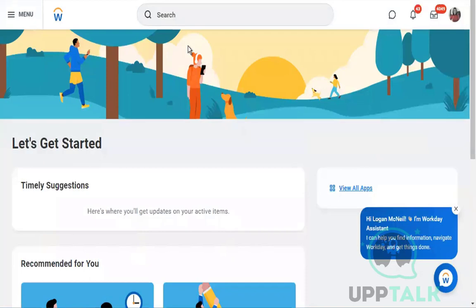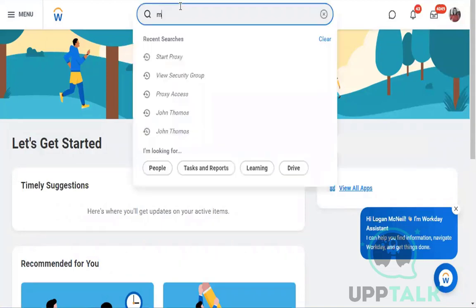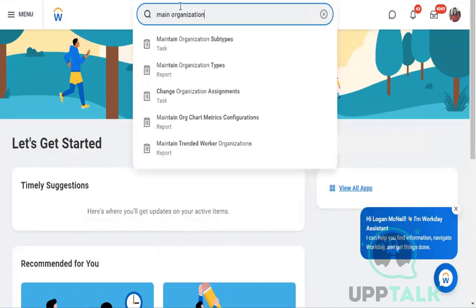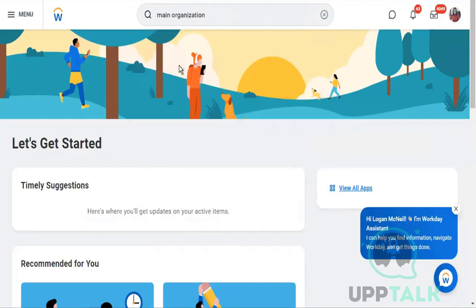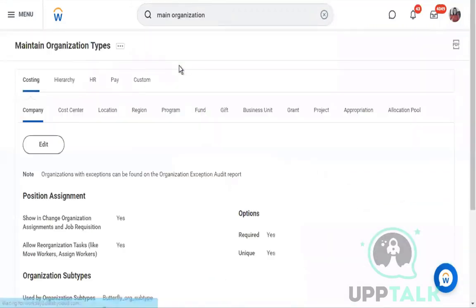Now, there are multiple types of organization, like company is one type. All right. So if I search for this maintain organization, see, there's a report which says maintain organization type. You can run this report and you see there are these many different types of organizations that one can create, including companies, one of them,